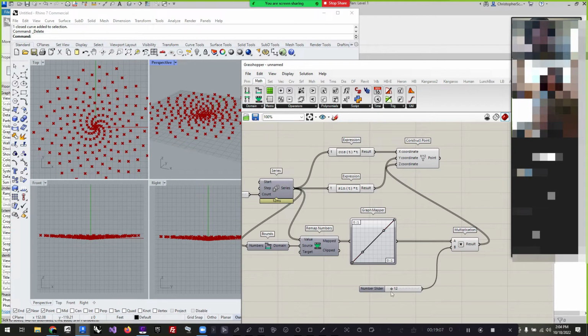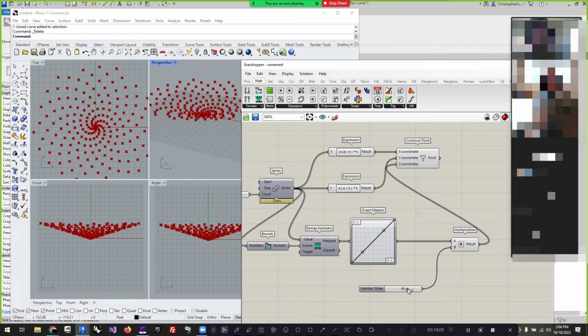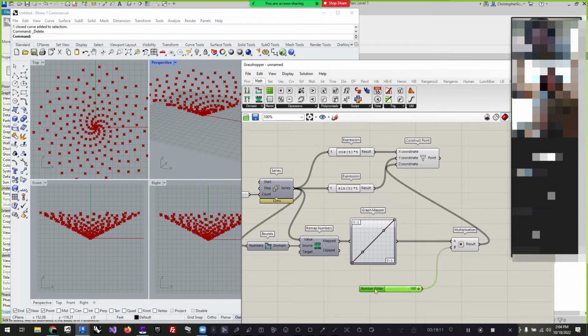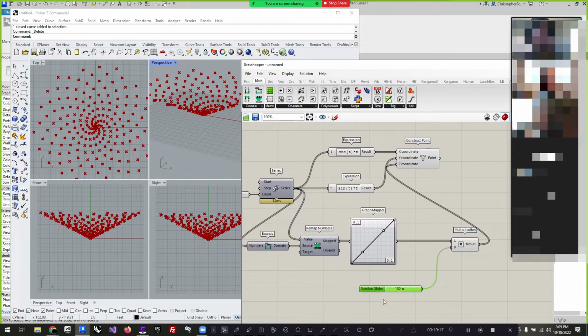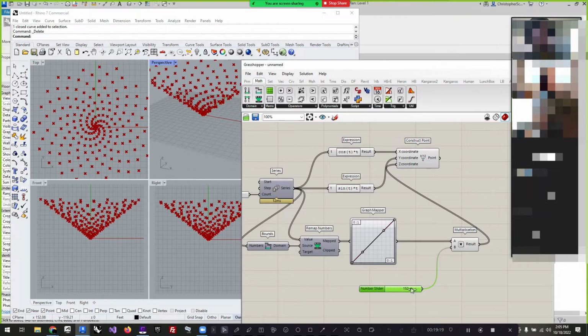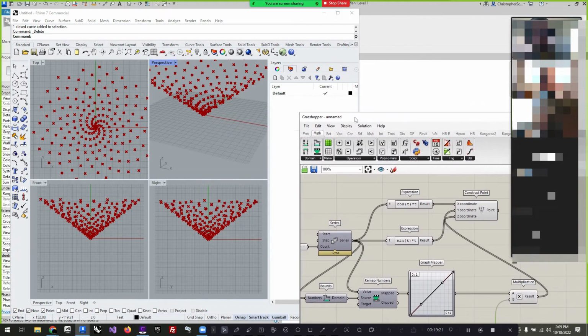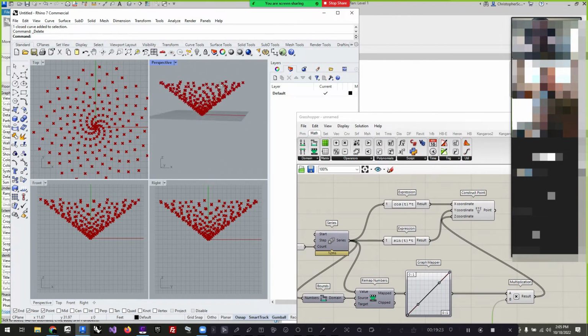Yep. Okay. So now I can bring this up. Maybe I want this to be a little bit higher. So I'm going to change my max to 200. I did that by just double clicking on our slider. So now I have this like cone phyllotaxis, but I actually want it to be a little bit more fun,